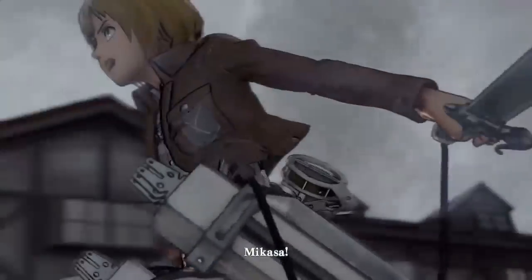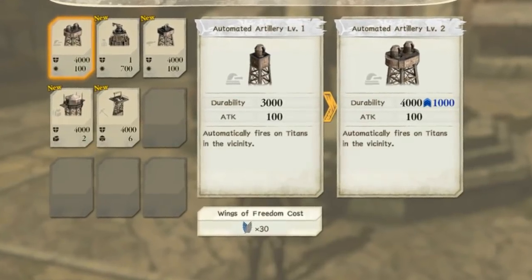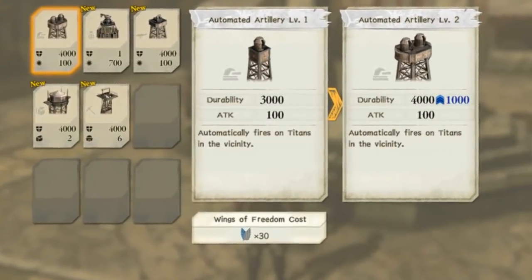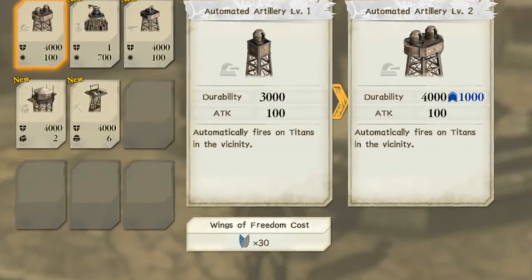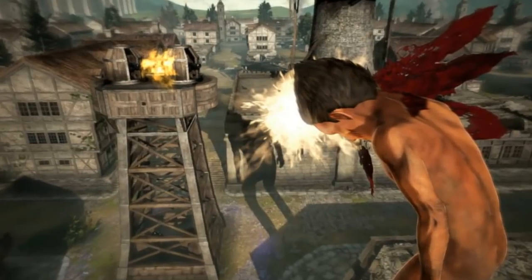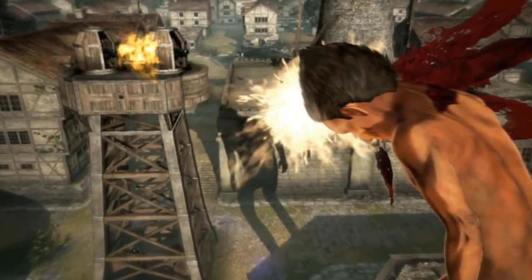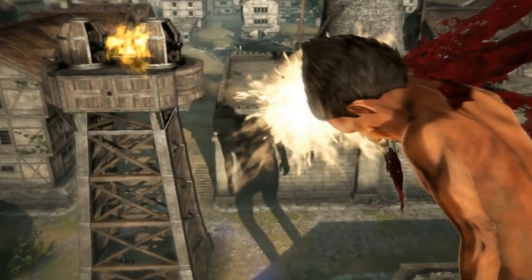Okay, so R&D has caught my attention. We can finally upgrade items on the field. For example, here we have the automated artillery level 1, and we can upgrade that to level 2, and we see it has more firepower and it has more durability, which is great because in Wings of Freedom we had stuff like cannons, and basically if a Titan had them once they broke, but that is not the case this time. They can withstand more if you put in the time to level them up,